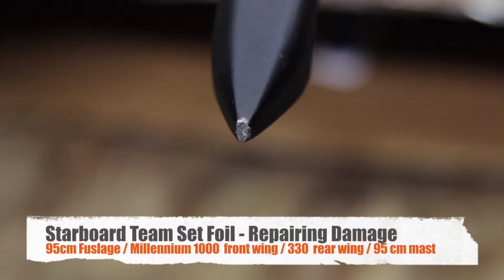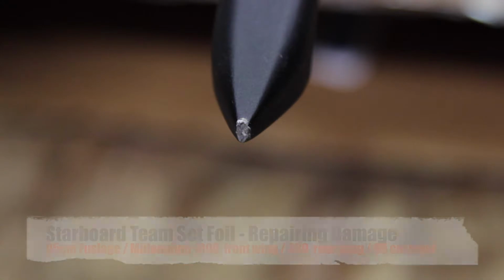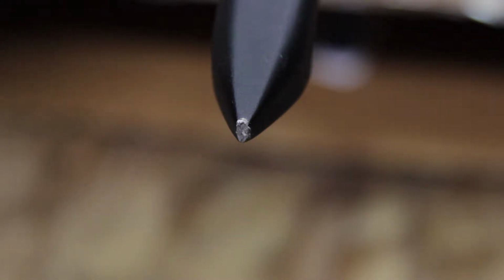Well, I just got the 95 centimeter fuselage from Starboard. Also got the Millennium front wing. I think I'm going to return the Millennium front wing. Both weren't really perfect. The Millennium front wing was damaged a little bit in shipping actually after closer inspection, and